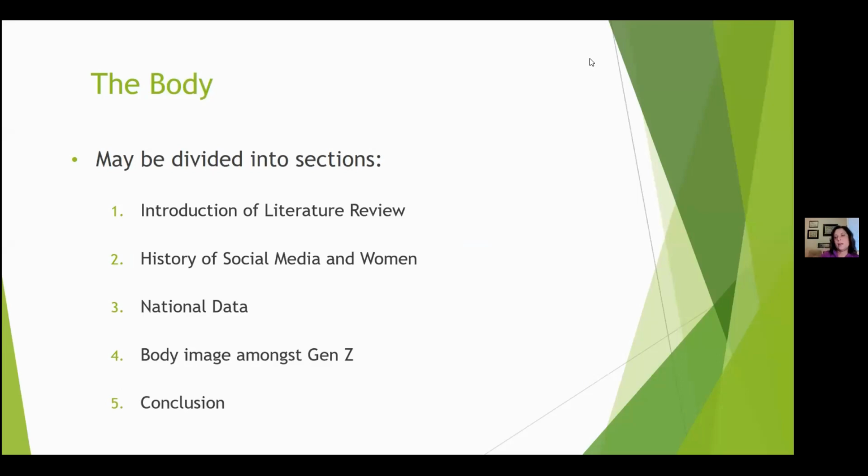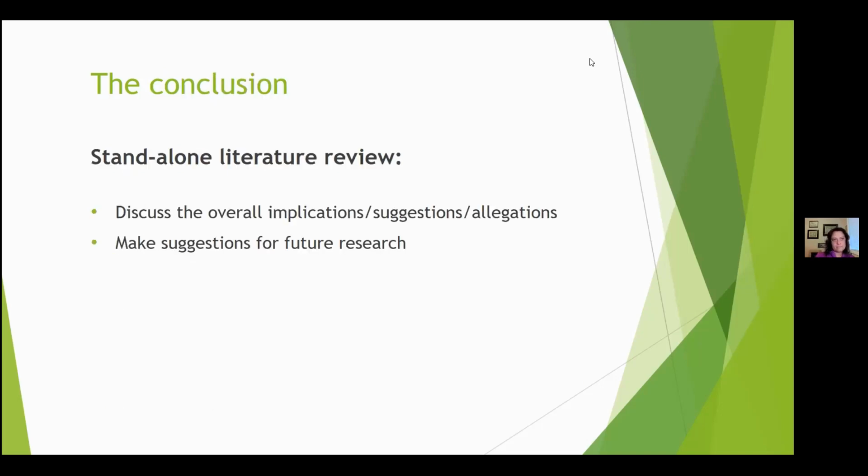So here's the thing. This is also a really good outline for you. So if you decide, okay, this is what I want to write about, then you actually can use this to research, right? So that you're not researching and you're getting frustrated because you're researching all sorts of topics or the research is broad. You can actually narrow down your research. So again, this can be a great outline for you to use to research. And then again, the conclusion, you're going to discuss the overall implication, suggestions, allegations, and make suggestions for your future